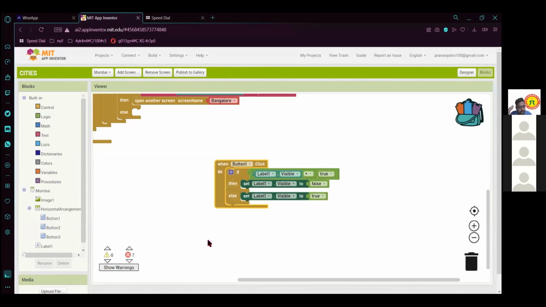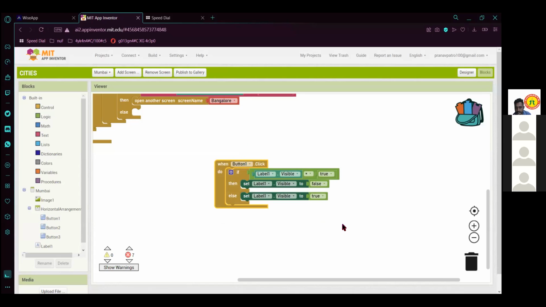Okay, yeah, it will work, but if label one visibility is equal to true, then make it false, else make it visible.